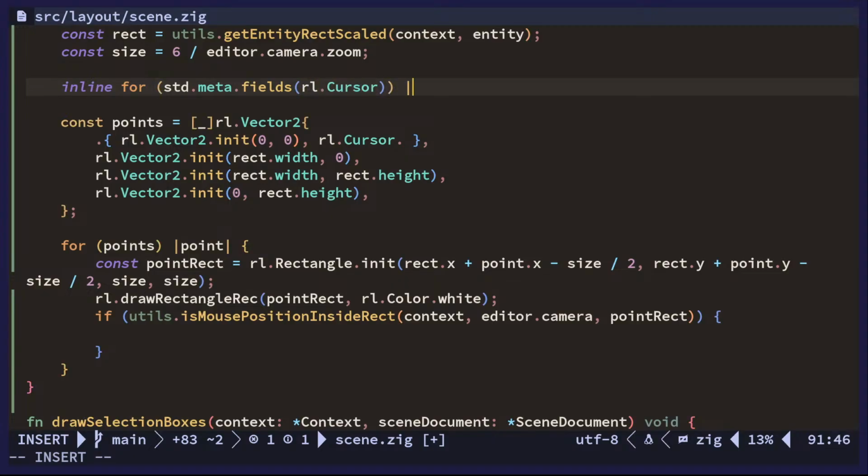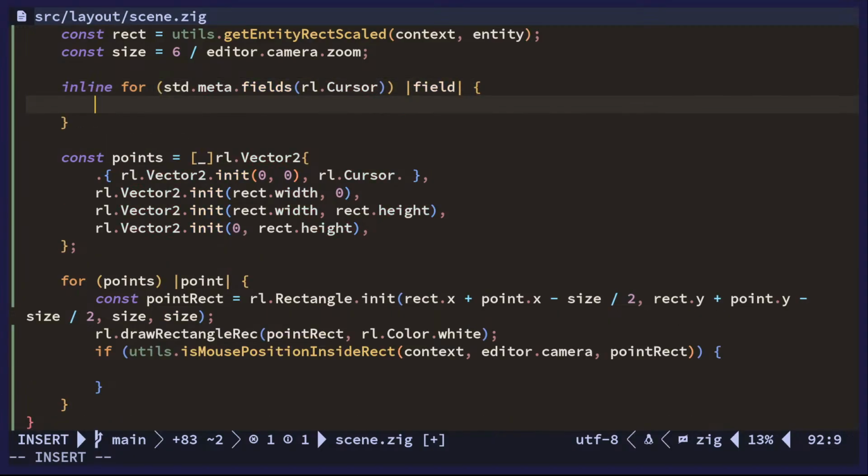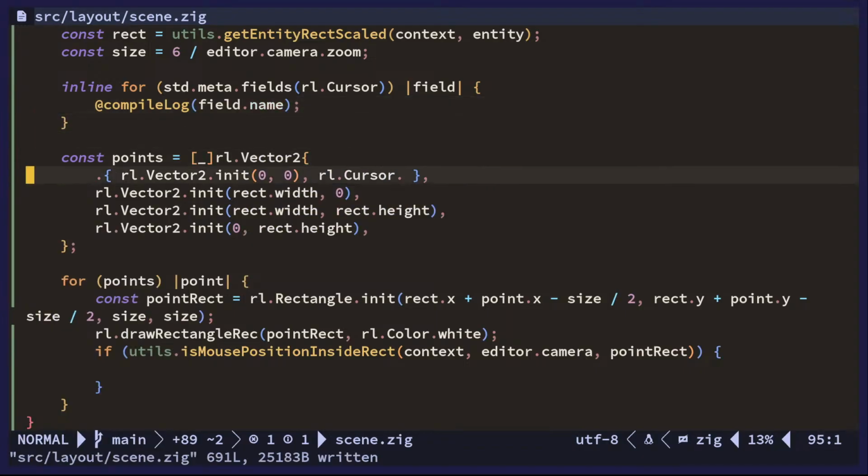I have to do this again to get the name, but this is going to be like resize northwest or something,